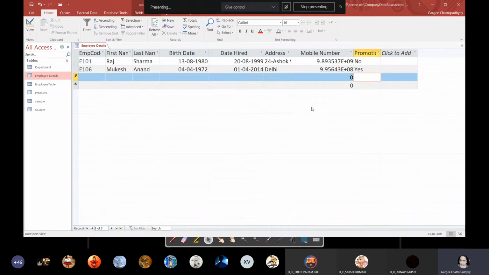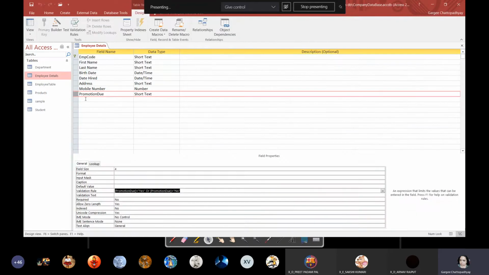So what I'll do is I will simply go back to the design view. It says I should enter some value, because I might have set it as a primary key. That's why. So now I'm back again over here. I'm just going to do some hit and trial over here, students.